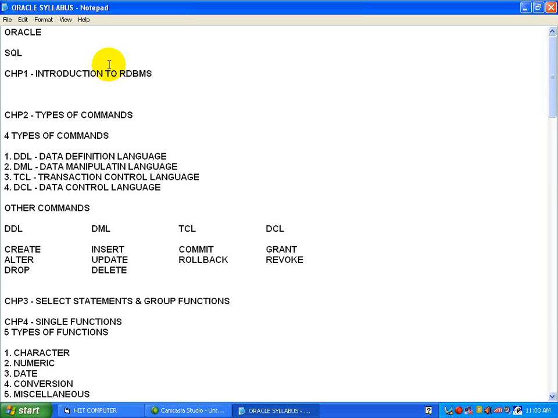The additional data types supported by Oracle 8 are CLOB, BLOB, and BFile. The concept of LOB data type is known as large object data types. This can store unstructured information such as sound clips, video files, etc. up to 4 GB in size.